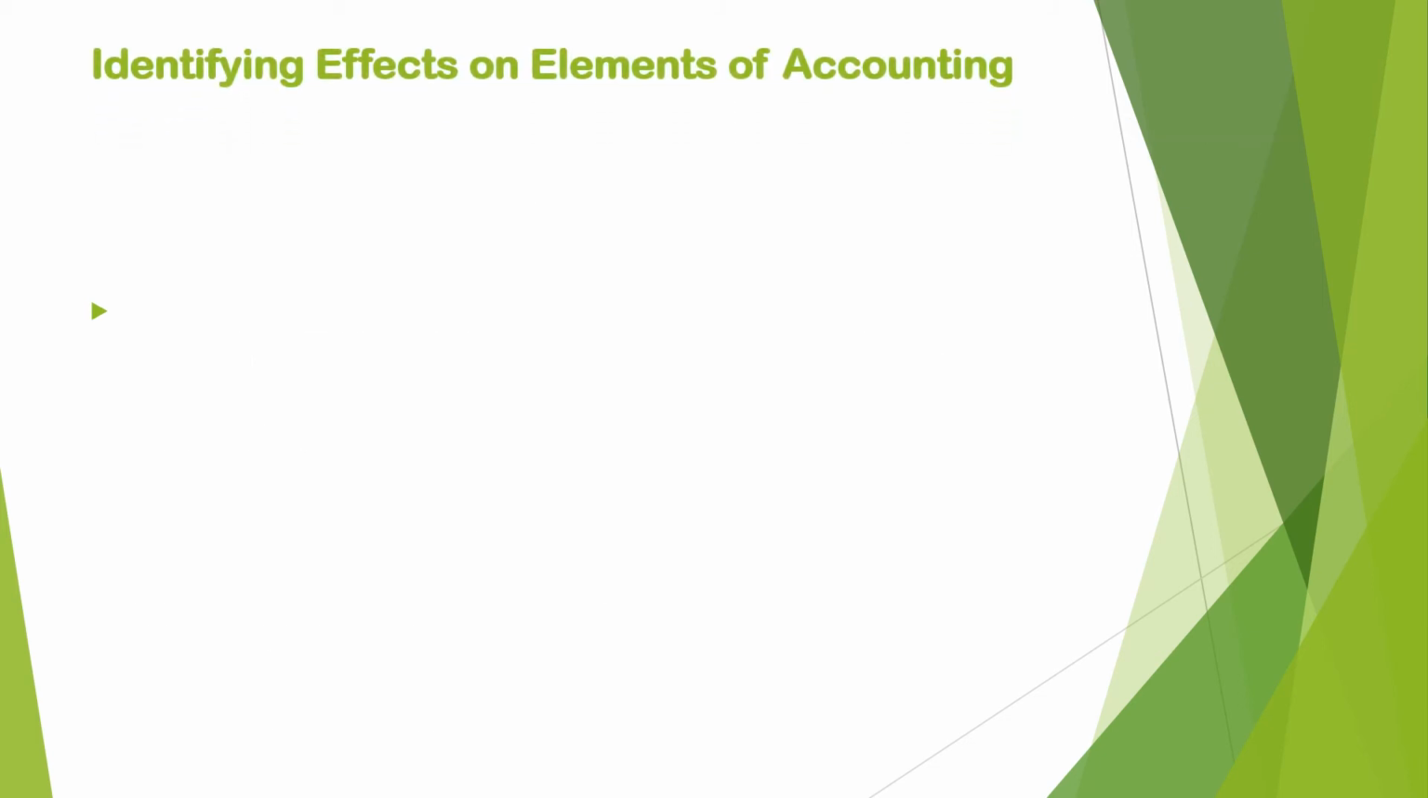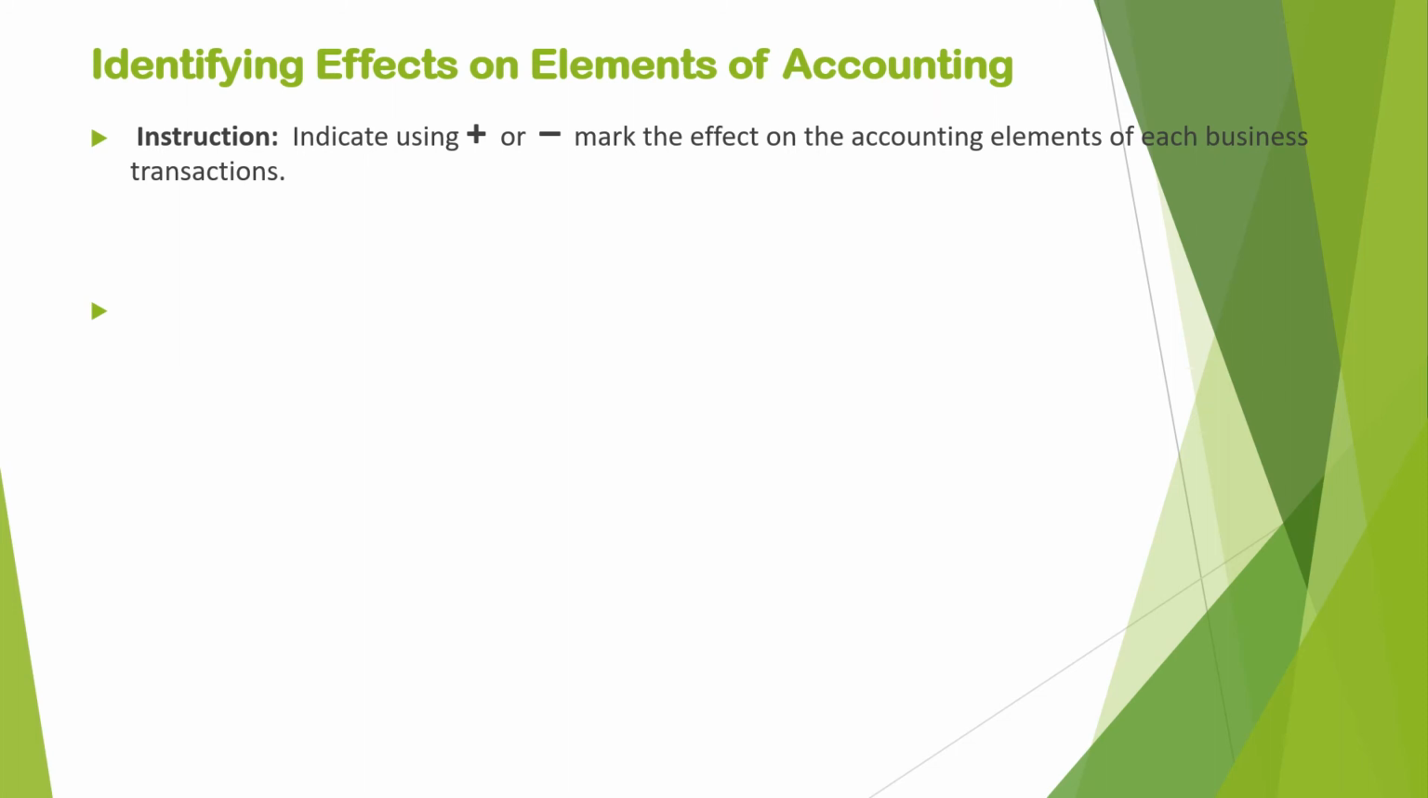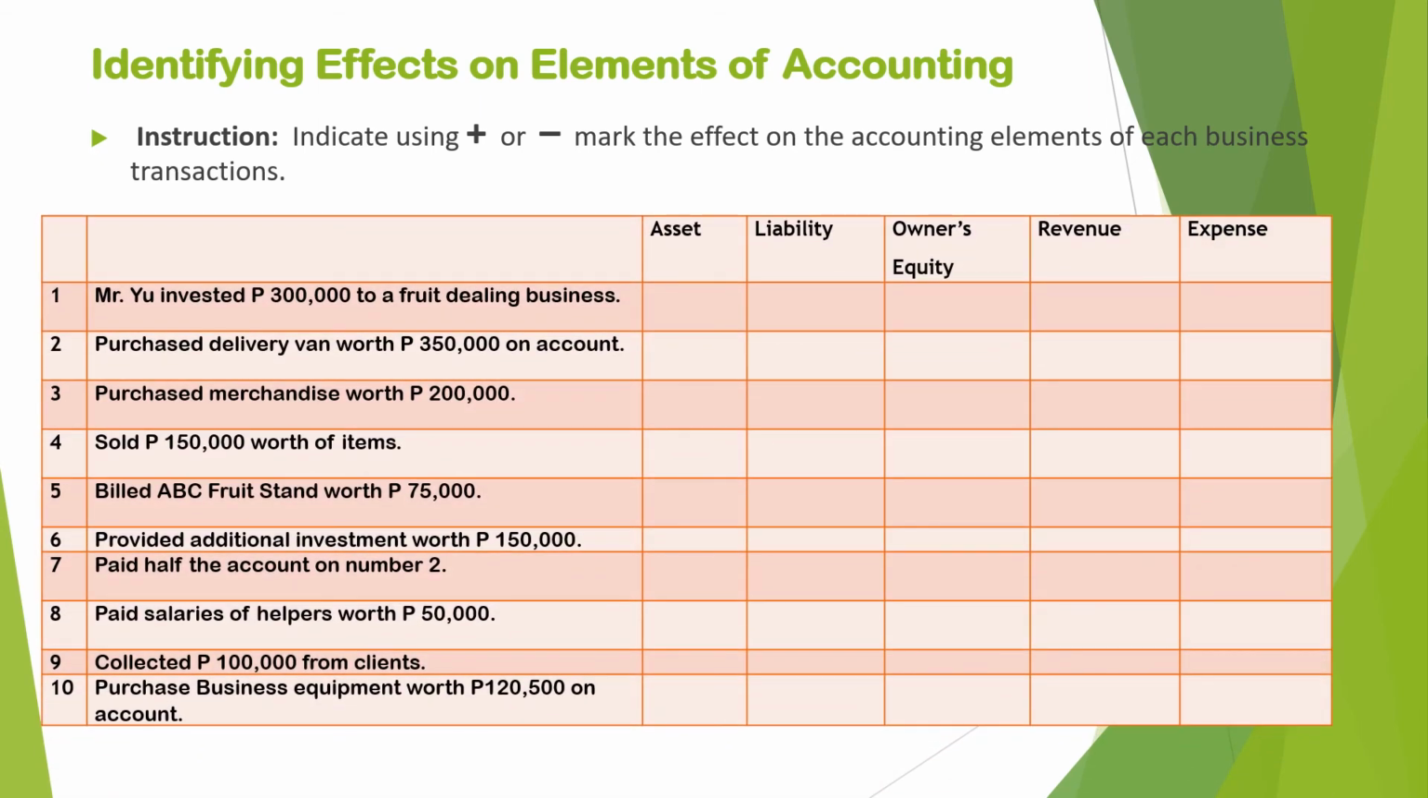And next to that, we're going to have identifying effects on elements of accounting. So, ang gagawin nyo dito, you're going to indicate using the plus sign or minus mark the effect on the accounting elements of each business transactions. So, ayan na rin po yung mga sample natin na business transaction. Kung halimbawa, dun sa business transaction number 1, sa tingin nyo, nagkameron ng increase kay liability. Under liability, lalagyan mo siya ng plus. Kung meron namang minus, meron namang decrease sa asset ng mangyaring transaction na yon, lalagyan mo under asset ng minus